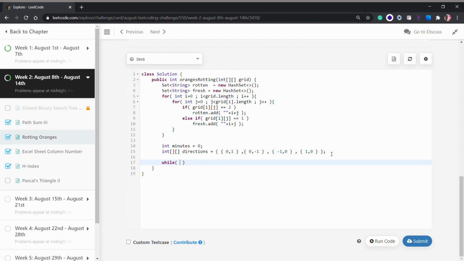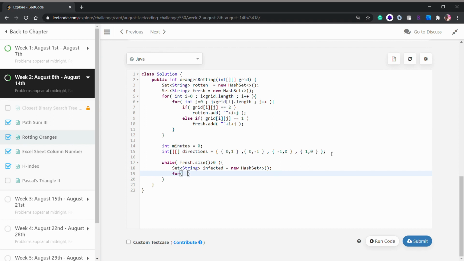And now we will write a while loop: while fresh.size is greater than 0, while any of our oranges are fresh, we continue looping. Then we create a set for infected oranges equals new HashSet.